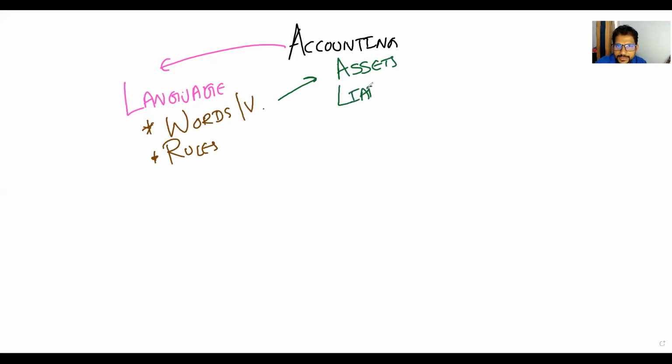liabilities, equity, income, expenses. These are the new words, but these are just a few. We have many words to learn in the future. Let me come up with a few words like that. We have to learn something called debit. Debit, an important word. And the corresponding word is credit.